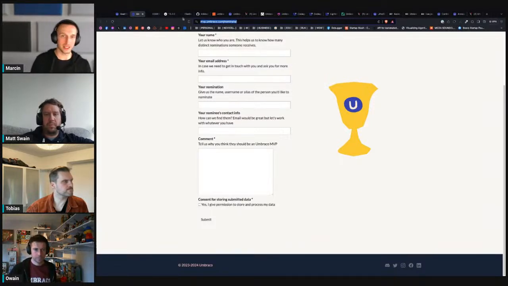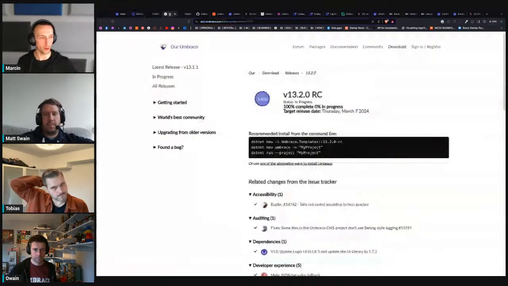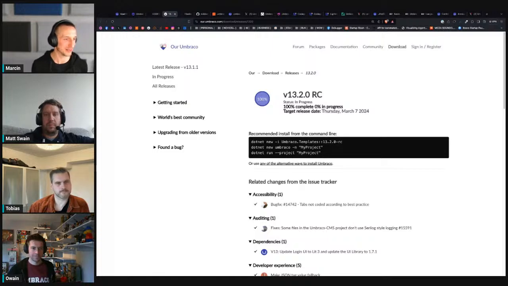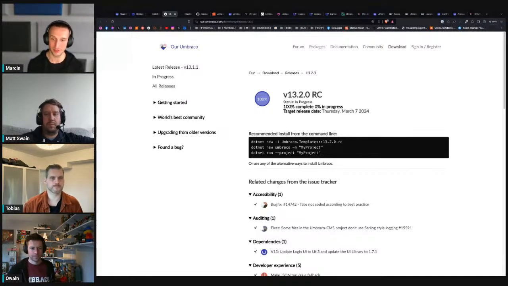You guys have been mentioning Umbraco and its evolution. We know that it evolved, and it's constantly evolving. I tried to find out what release numbers were released in the last month, but then I realized that who cares about the previous releases? The most recent one is the most important one. And it is a 13.2 RC, which was released relatively recently, and the target date for the final release is March 7th, so it's really, really soon. I've been playing with Umbraco 13 for a long time recently, and I'm amazed by it. And I hope that you also have the same kind of feelings.